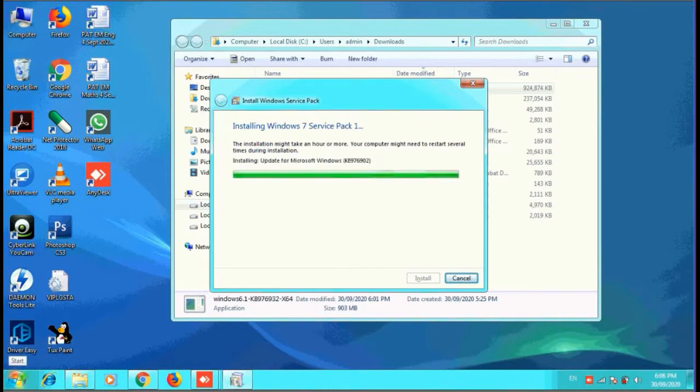The installation depends on your computer speed, and it will take lots of time. Usually this process will take a minimum of half an hour, but it totally depends on the computer speed. Sometimes it will take 1 hour, or 1.5 hours, that usually happens. So if it is getting slow, there is nothing to worry about, just hold on, let it continue and finish